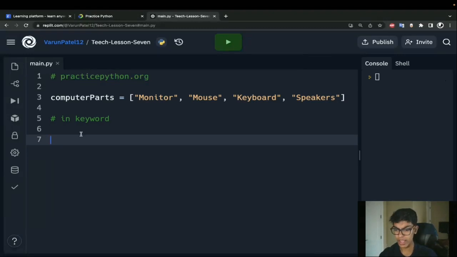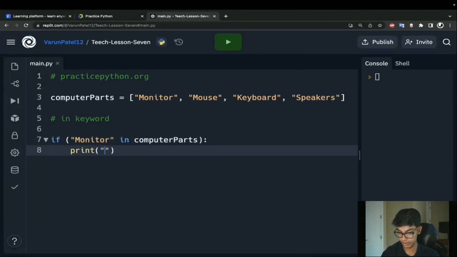I'm going to go ahead and code it out, and then I'll rewind and I will explain it. So we're going to say if monitor in computer parts, print you have a monitor. If I run this, it says you have a monitor.